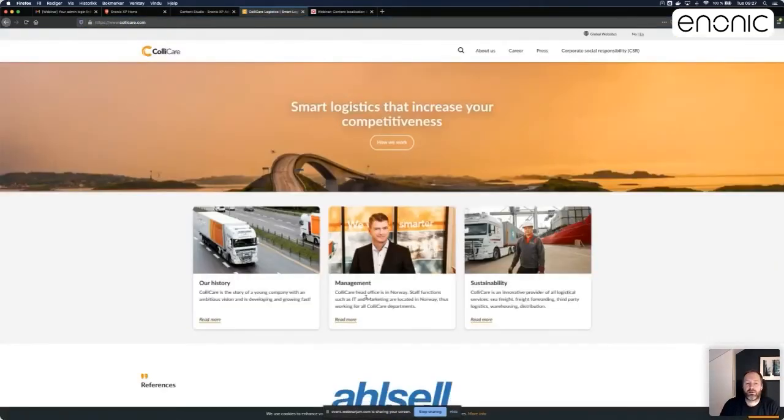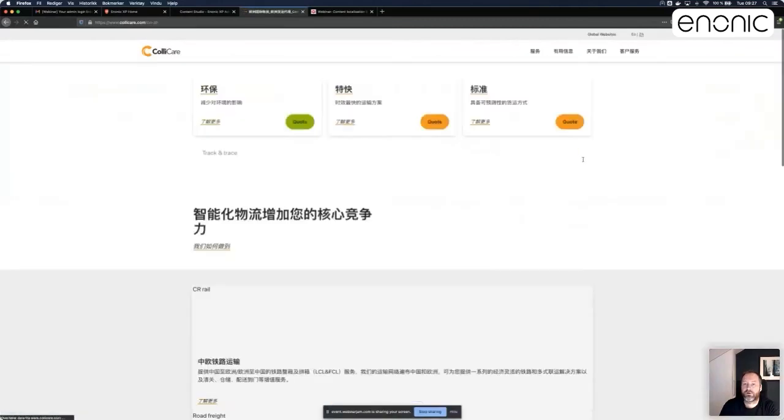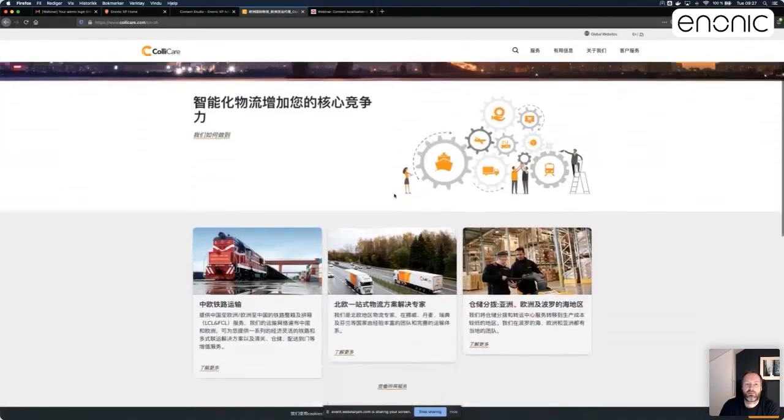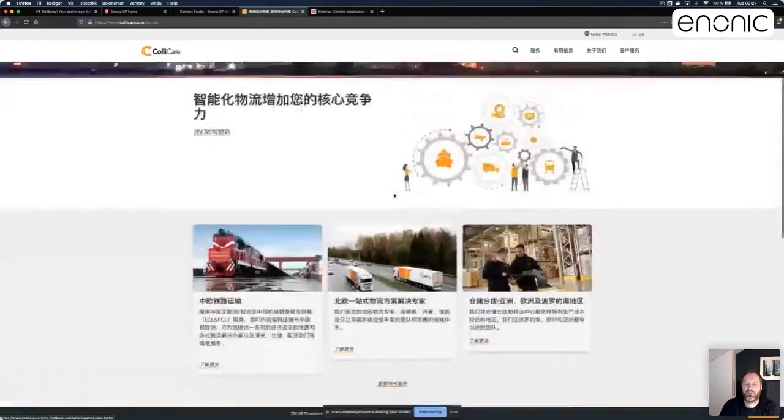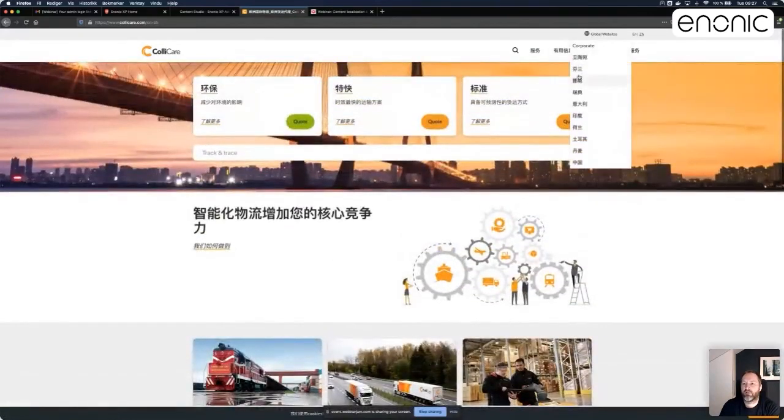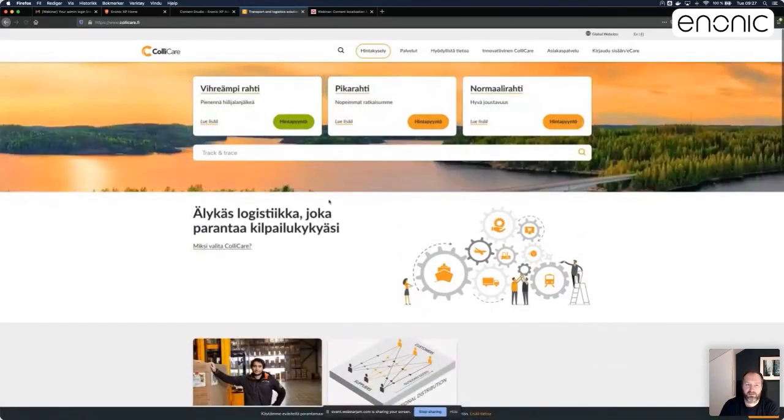So in this case, they built a website with tons of different locations globally. So we can see here, for instance, Norway, Finland. Let's have a look at China, for instance. This is pretty interesting. Let's see what we get. Finland, India,